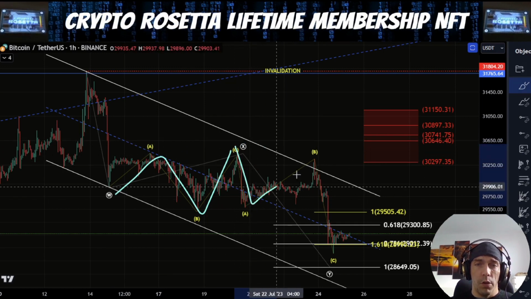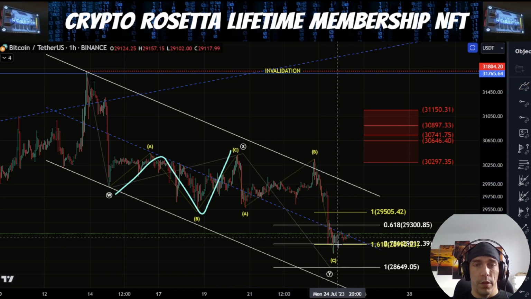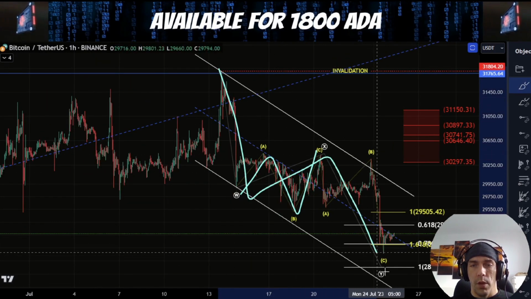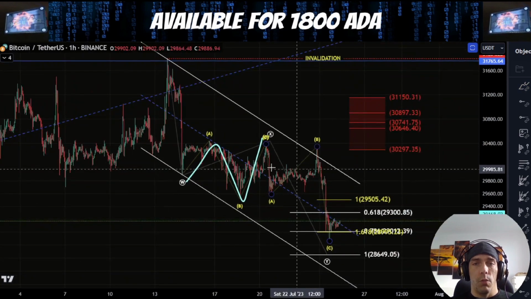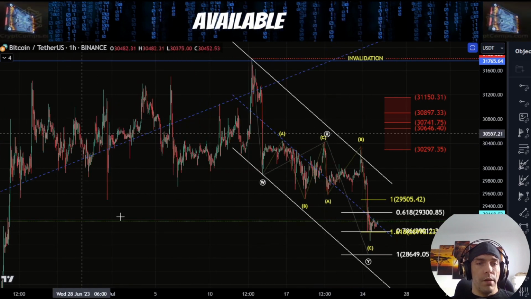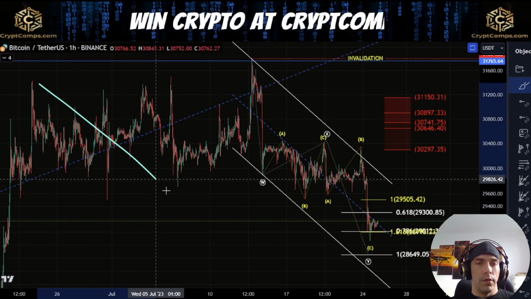And then we were saying, you know, we could see this as just ABC to complete to the downside. So if this is the case, this would just mean that we have this as a WXY wave to the downside. Now, what could this mean? So if we have a WXY here, it wouldn't really fit into the idea that, you know, this is W,